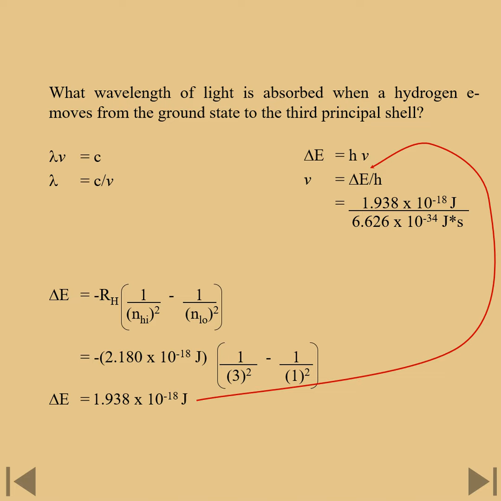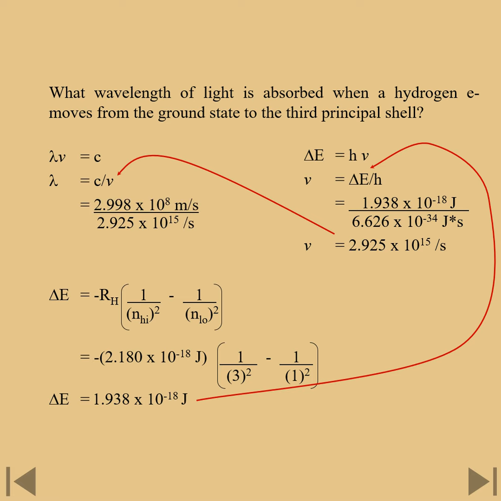Okay, now we have the energy, and so that just calculated energy divided by Planck's constant gives us our frequency of 2.925 times 10 to the 15th reciprocal seconds. Plugging that into our original equation, we have the speed of light. We just calculated nu. Putting this on my calculator, do note how reciprocal seconds cancels for both